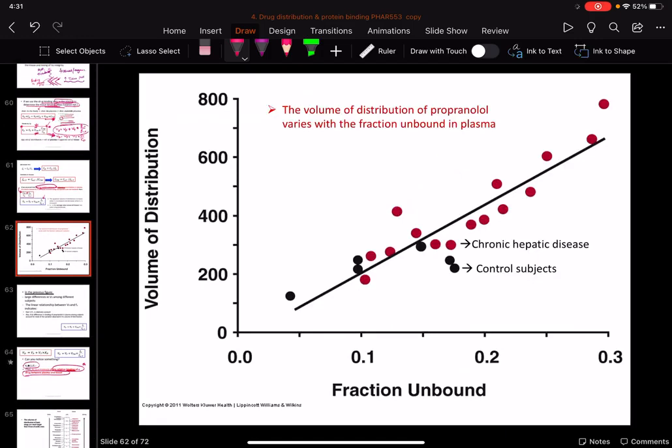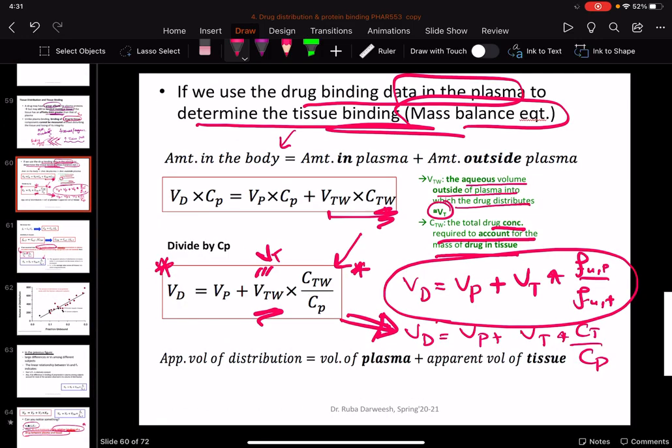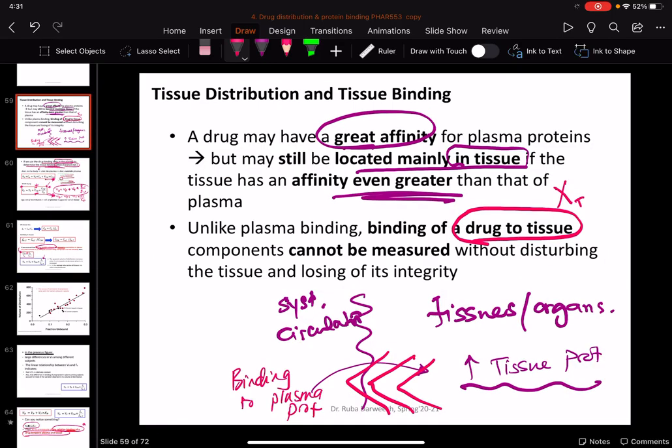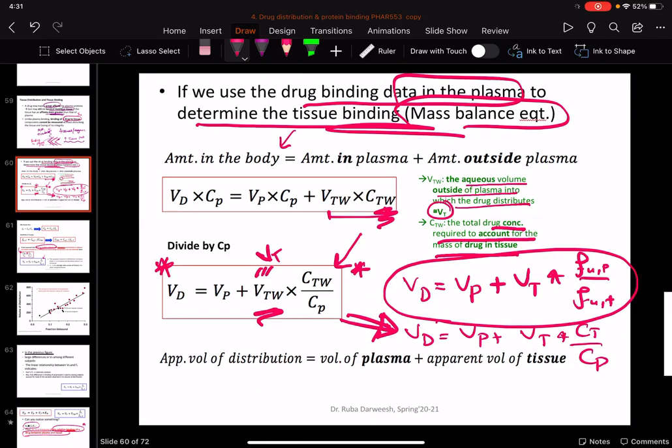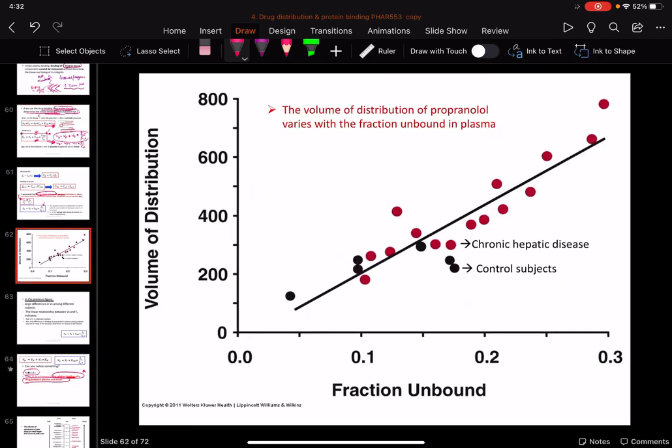Just consider whatever I mentioned before, but remember that when we are talking about binding in tissues, we can't measure it, we need other terms. That's why we use the plasma data, something that we can measure, to determine whatever is happening in tissues. And here we have an example of a volume of distribution of propranolol